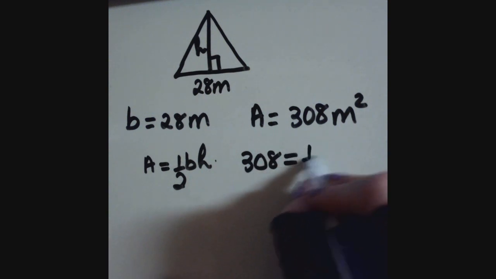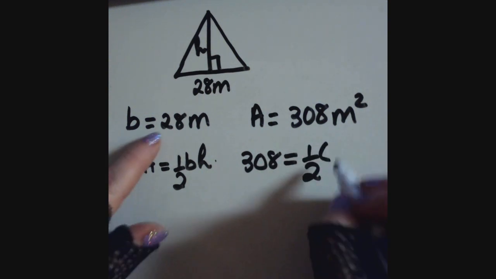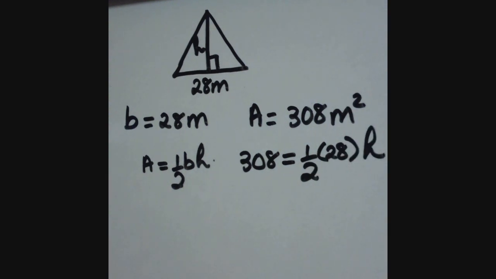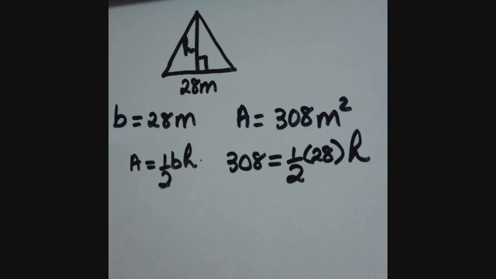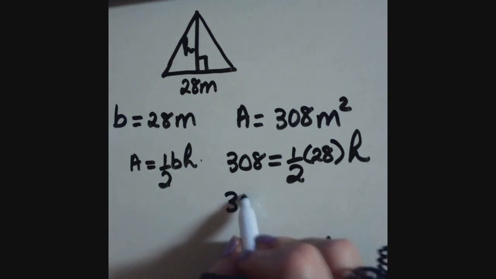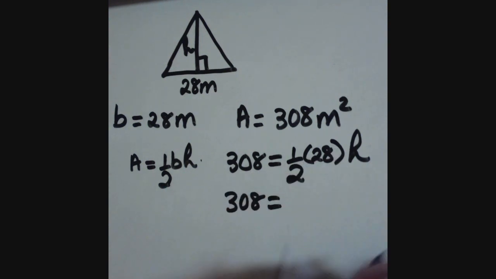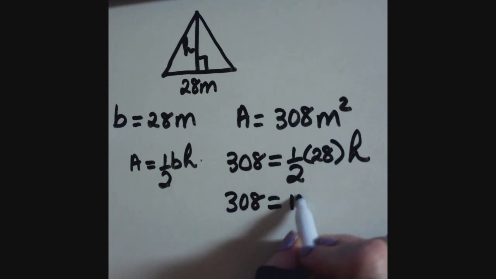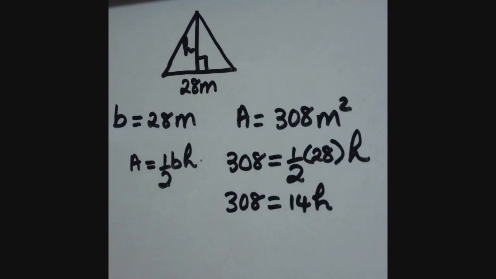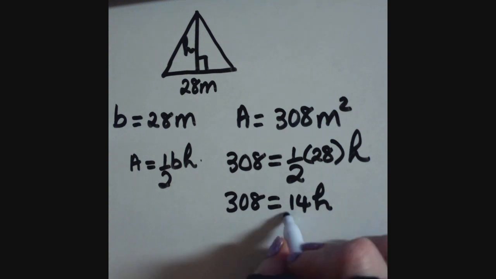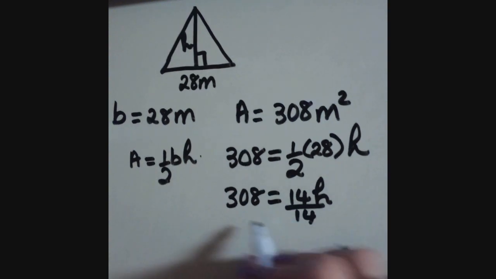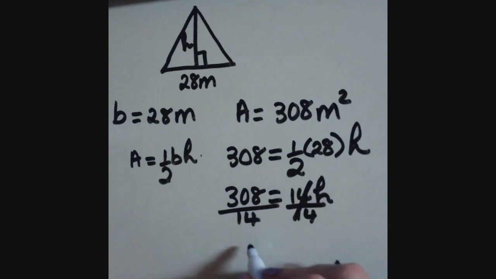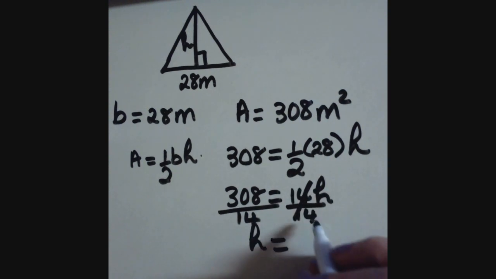308 equals 1/2 times the base is 28 times the height. That's what we're looking for. Very straightforward. 308 equals, what's half of 28? That's the way you can look at it. Or 28 divided by 2. You should see that's 14 times h. Then I'm going to divide 14 into 308, and as you're working, you're showing all your work. So the height is going to be